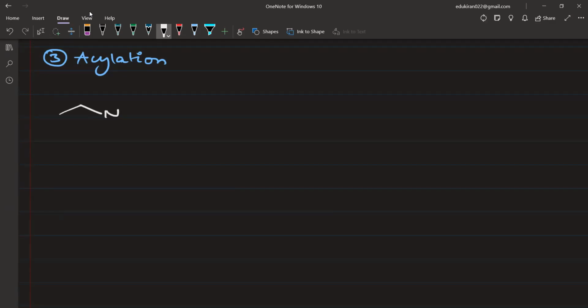I am taking 1 degree amine like this. It will have 2 hydrogens. ठीक है, and C डबल बॉन्ड O एंड Cl यहाँ पे, ठीक है, Cl यहाँ पे। अब ये HCl यहाँ से निकल जाएगा। ओके, बेसिकली ये ऐसे HCl नहीं निकलता इतनी आसानी से।